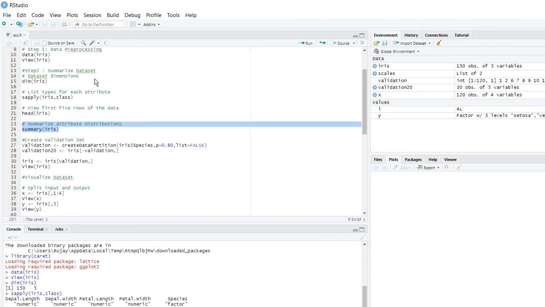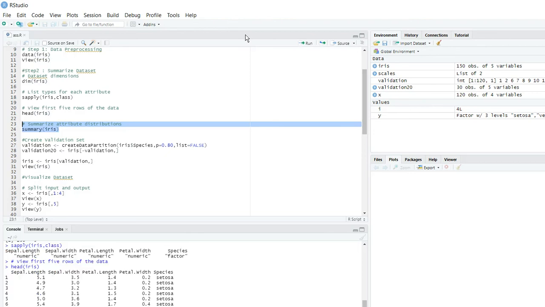Okay, so let us see the summary of attribute distribution. If I give the function called summary and pass the data set as the argument, it will give these values for all the attributes: the minimum value, the maximum value, the median, that is the middle element of the attribute, and the mean, that is the average value.